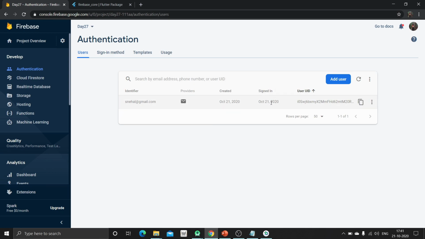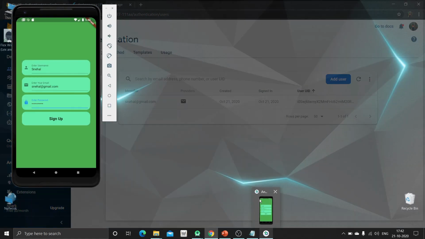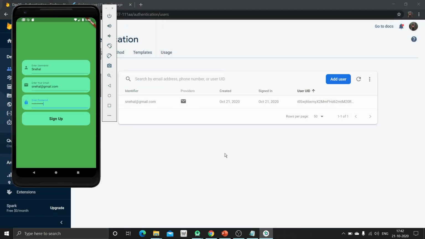In the sign in column, the last sign in date will be there. Here both columns have the same value, because this user was created and signed up today only. If I sign in again with this account tomorrow, the created date will be the same, but the sign in date will become 22.